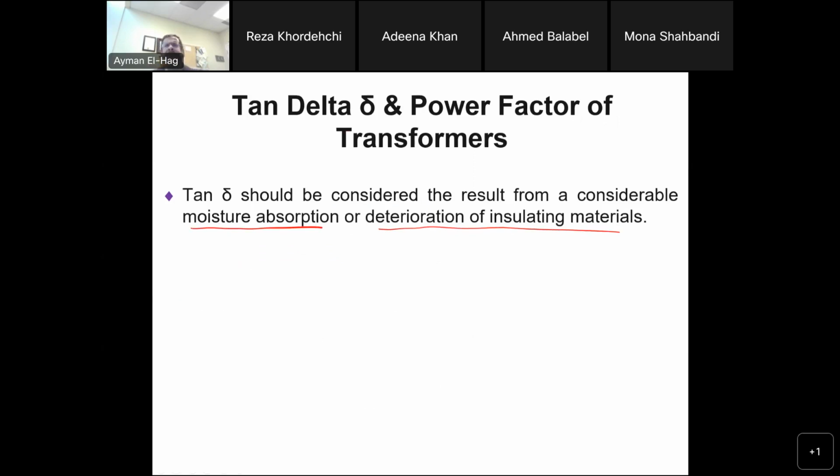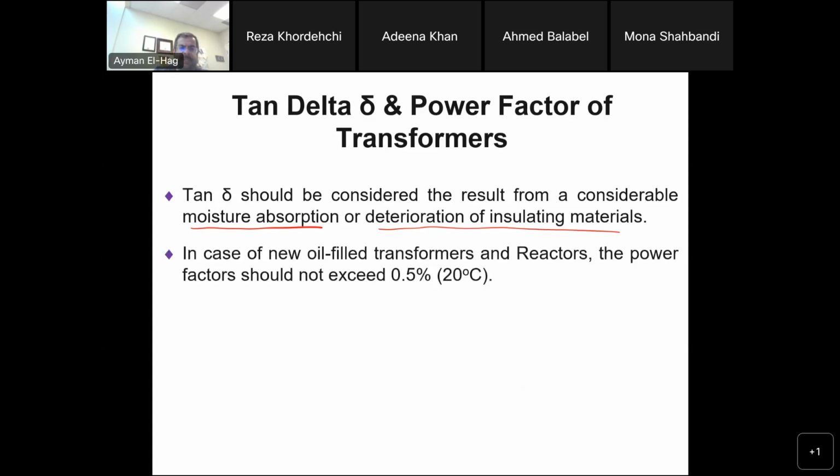Insulation resistance is something I would say very primitive. It is good, and gives you some indication, but the tan delta is more precise. Being in the bridge gives you very precise, nice results. Now, if we have newly filled transformers or reactors, the power dissipation factor is less than 0.5% at 20 degrees